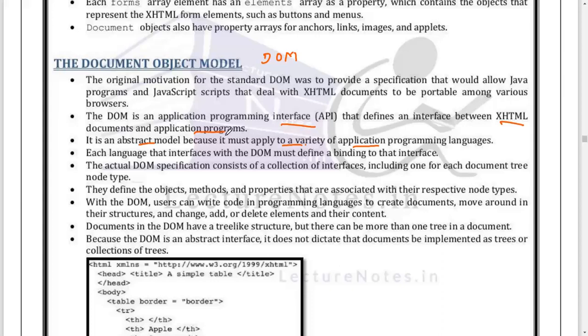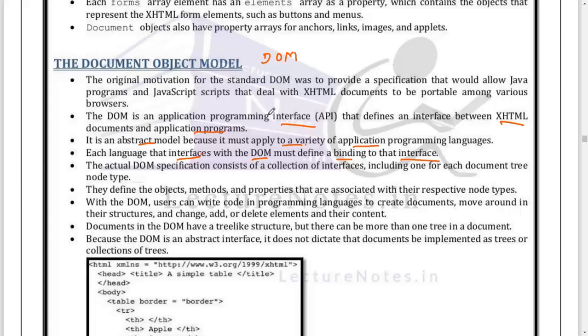Each and every language that has an interface with the Document Object Model, that is DOM, must define a binding to the interface. This is how we explain the connection between the HTML document or HTML content elements and JavaScript. That is nothing but binding.